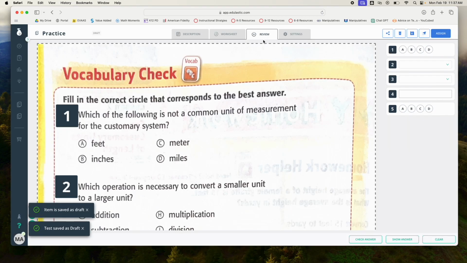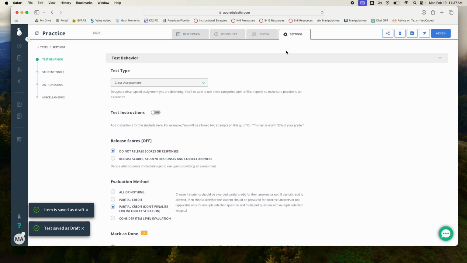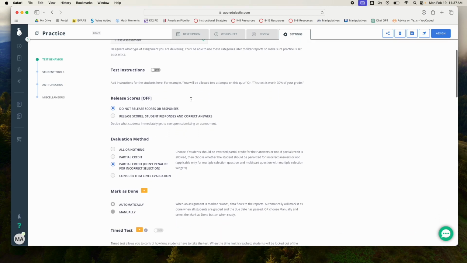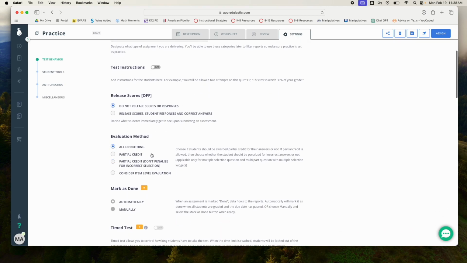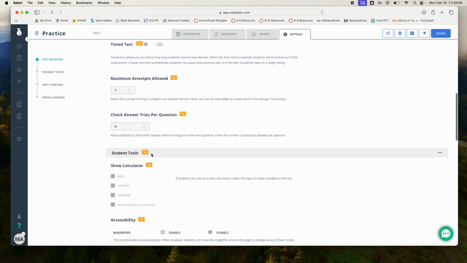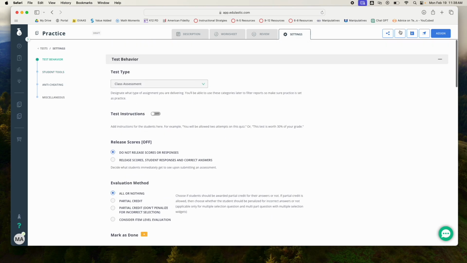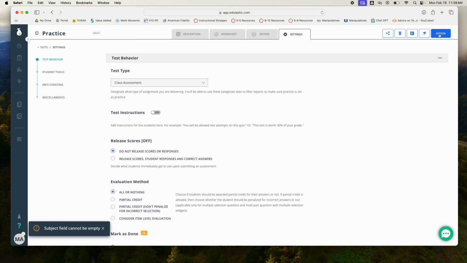So now that's all done, we could review it. In fact, I would suggest going through here, double checking, make sure all your answers are correct. Then we can click on the metadata in order to make sure everything's what we want. For example, I want all or nothing as an answer. And the rest of the things with the yellow marks are premium choices. And go to click